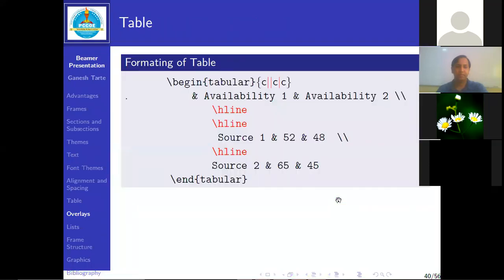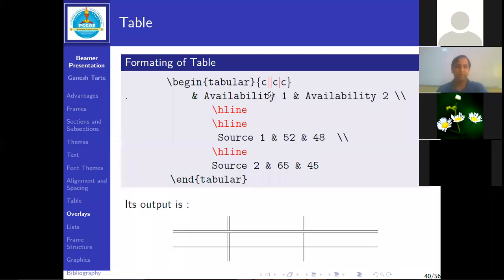Now the formatting of tables, we already discussed tables with so many examples, but can we use that on slide command inside the tables? One can easily check this. It is begin tabular, end tabular with 3 columns and 3 rows again. After the first column we have 2 vertical lines. After the second column we have 1 vertical line, and after the first row we have 2 horizontal lines, and after the second row we have 1 horizontal line.